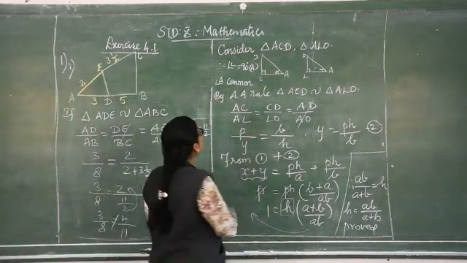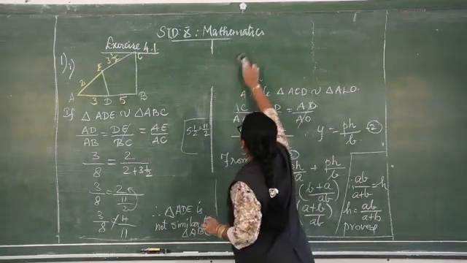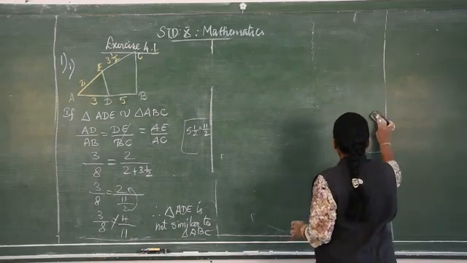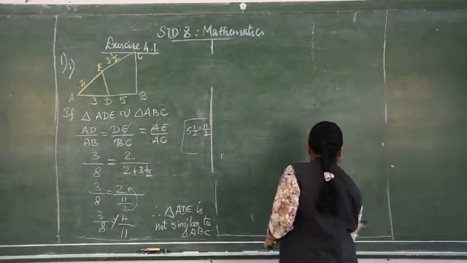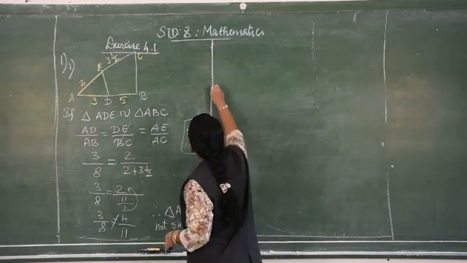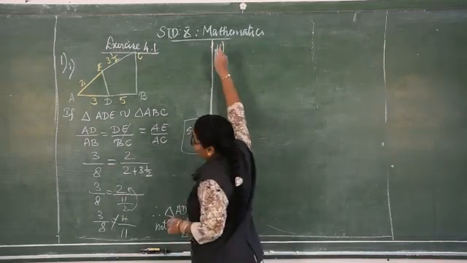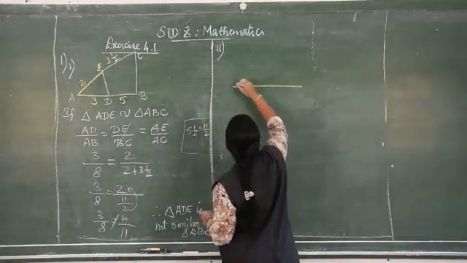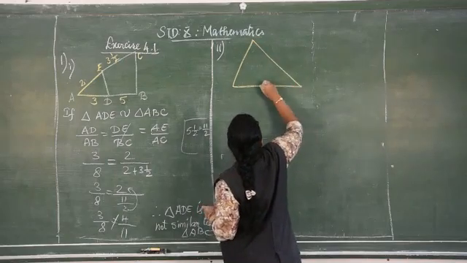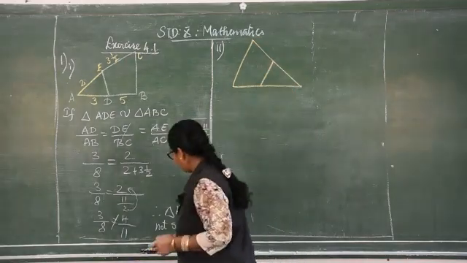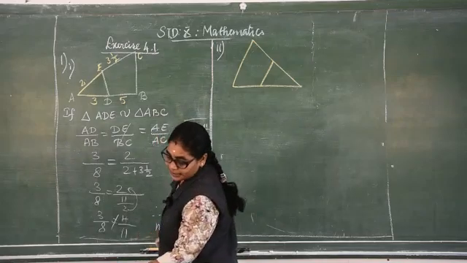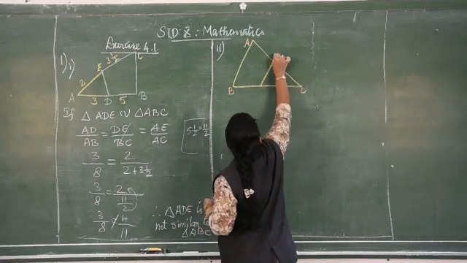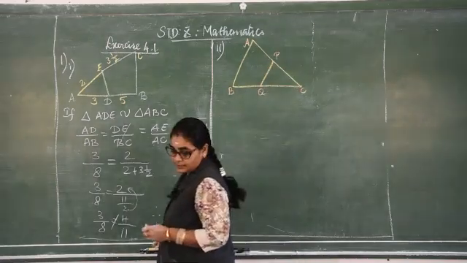The same pattern, second subdivision they have given. They are asking to prove whether they are similar or not. So we are considering the second triangle now, and we have to prove whether they are similar or not. Second triangle. Now the values A, B, C, P, Q. And 5.